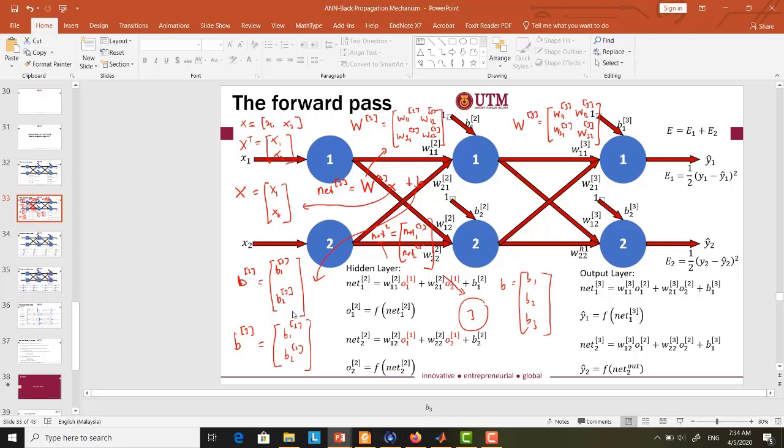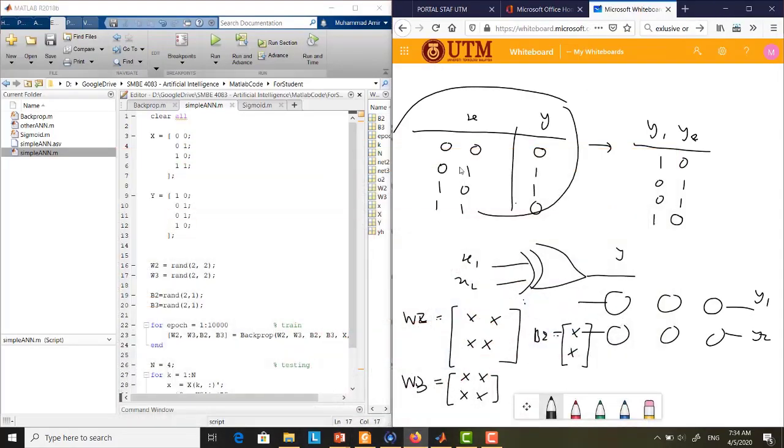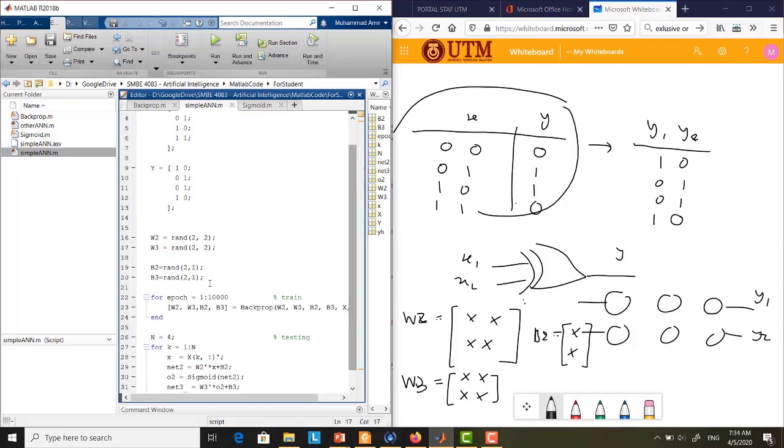And during the initialization you just set them with random numbers. That initialization is represented by this code. And then once you have the initialization process, the next step is you will call the backpropagation function,